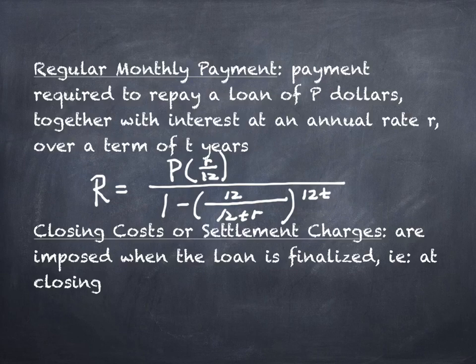When you buy the house, you pay for a lot of other things at the same time. Sometimes there's realtor fees. Sometimes there's certain taxes you're responsible for. Depending on how you set your loan up, you may be responsible for part of the insurance in advance that you're going to have on the piece of property.